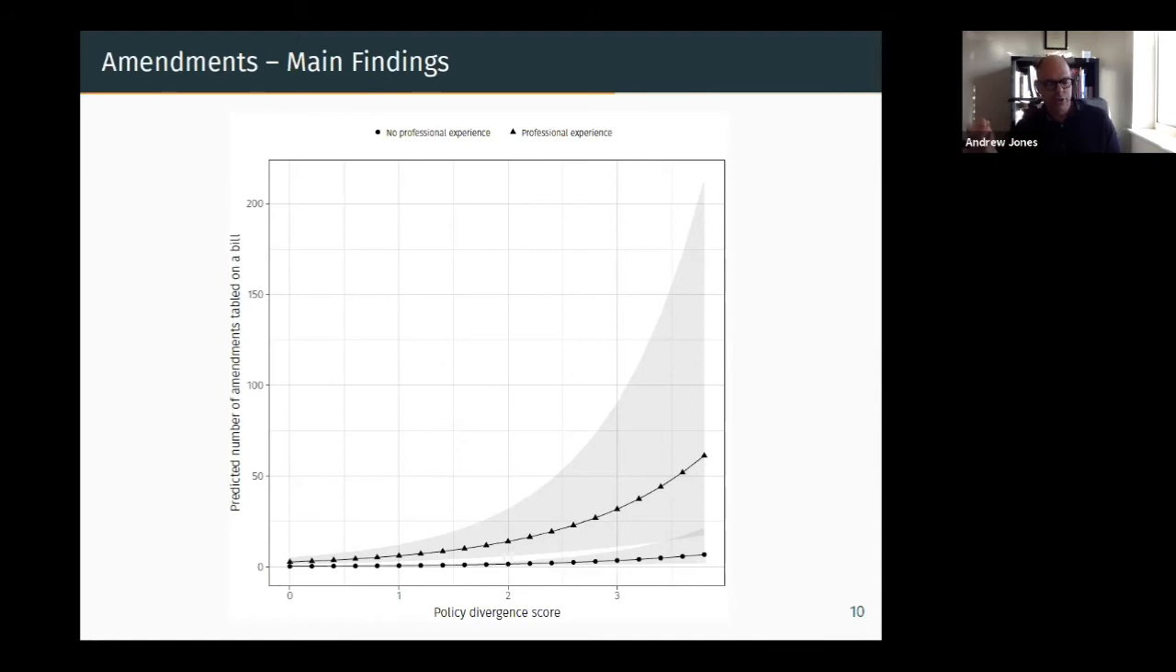So when the coalition partners agreed on an issue, down on the bottom left of the x-axis, backbenchers, regardless of their professional experience in a policy area, are predicted to table fewer than 5 amendments on a bill. But as policy difference increases across to the right on the x-axis, you see the lines begin to move apart. And at the upper limit of policy disagreement, a backbencher with no previous professional experience in a policy area is predicted to table around 10 amendments, and this increases quite significantly to 60 amendments for a backbencher with previous experience